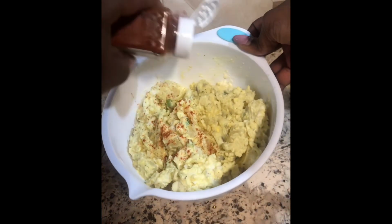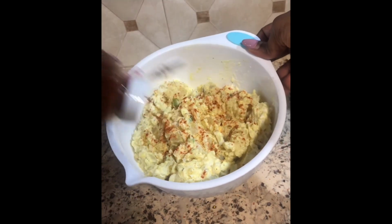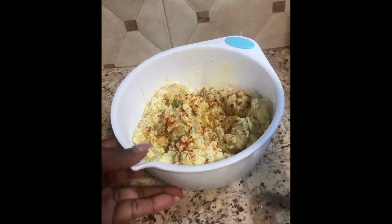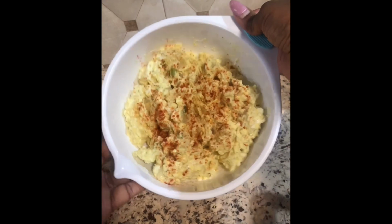Next, the last step is to put your paprika on the top. Honestly, if you don't put paprika on the top, I don't even want your potato salad because clearly you got the nasty potato salad that everybody be having. But this is how it's supposed to look. It was the